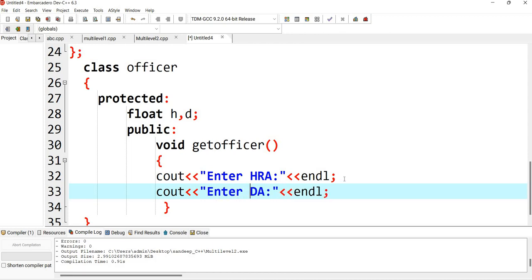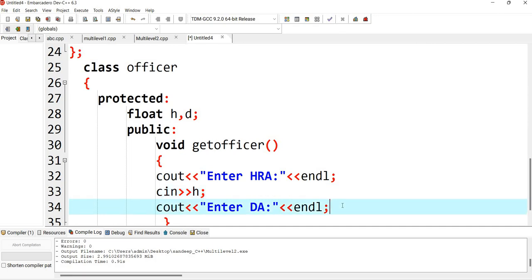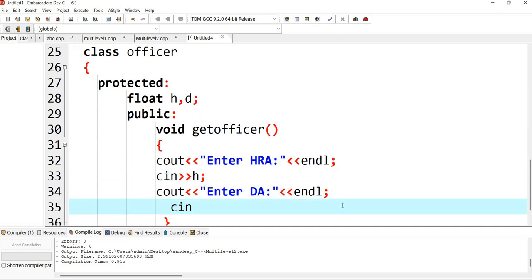Enter DA. So I'll write cin into H and then cin into D.